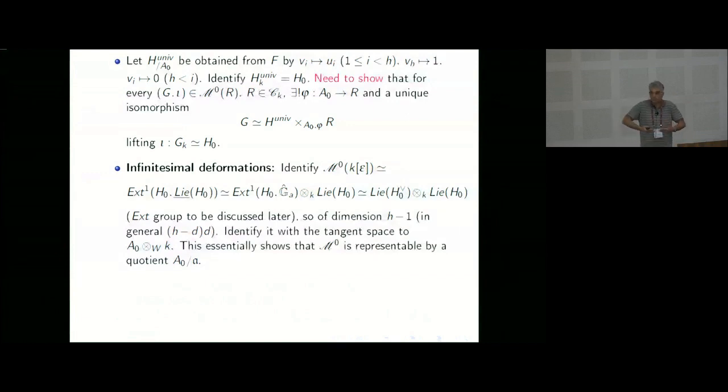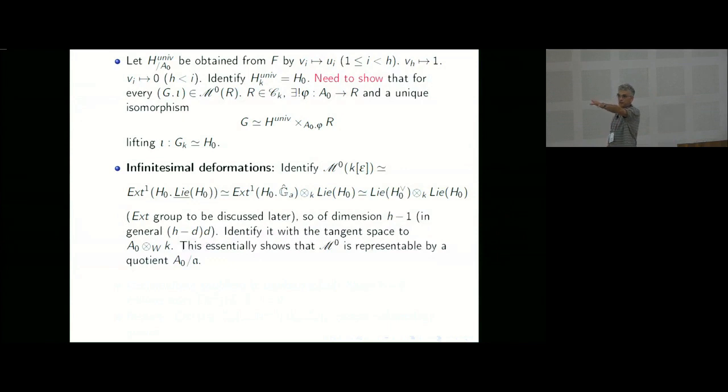But it comes with a structure of an extension. And it's an extension modulo epsilon, of course, it's your H naught. So it's an extension of H naught by what? And the same argument that I gave you before about the Lie algebra being derivations tells you that it's an extension of H naught by Lie H naught. By the vector scheme Lie H naught, by the functor that gives you simply the Lie algebra tensor, whatever ring you are at.